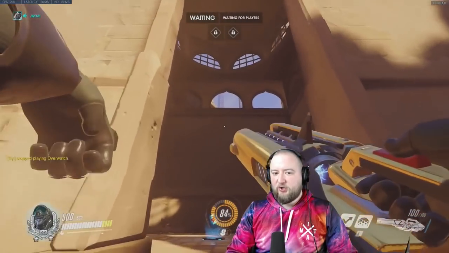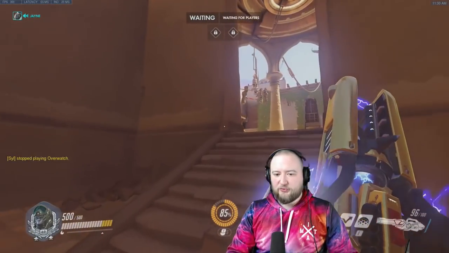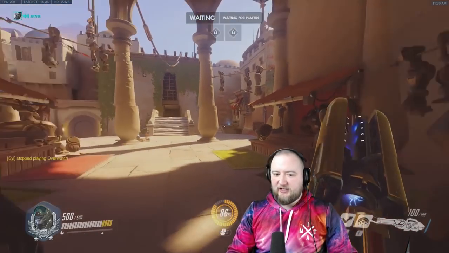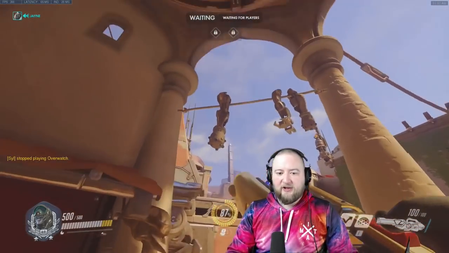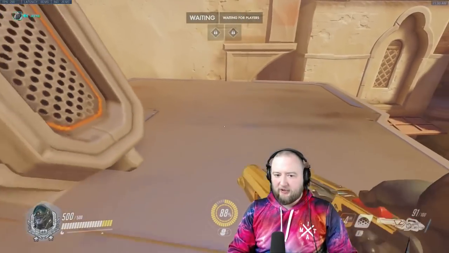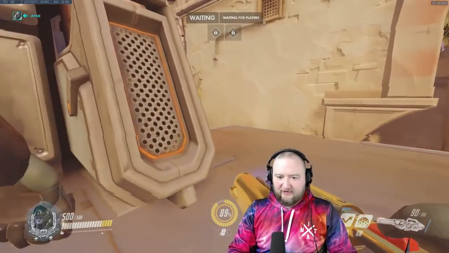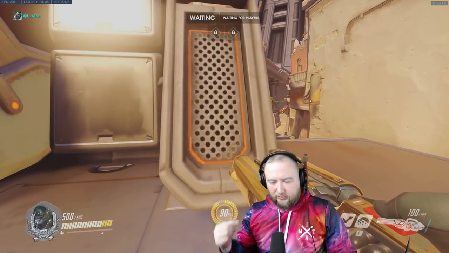They had the dive team, the dive core, like Zenyatta, Mercy, Winston, D.Va, went here. Maybe Genji went through those windows, and Tracer took control of Mega on the high ground, and then what they did is they would place Harmony on Winston, Defense Matrix him, he would jump up here, and then when Winston landed, his landing damage hits everyone, his cleave hits everyone, Genji swift strikes through everyone,